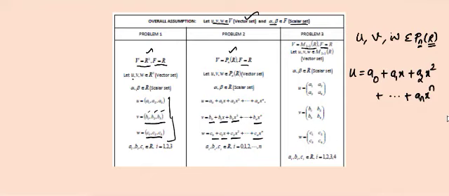Now, we have told you an element in Pn of R is a polynomial of degree maximum n. See here, the maximum degree is n. It can be less than n also. I am not saying it is exactly n. The degree will be at most n.